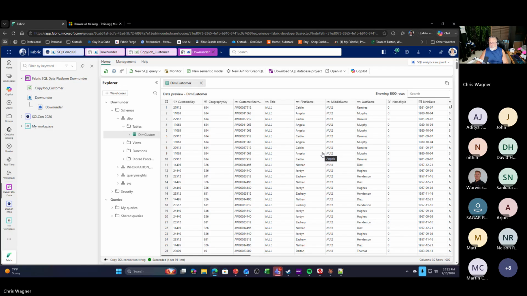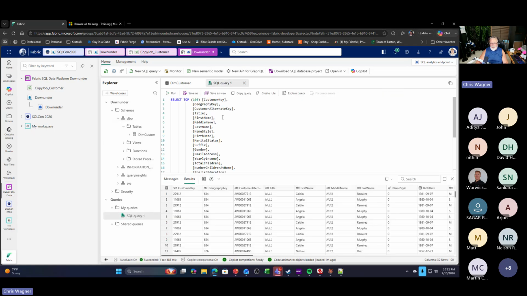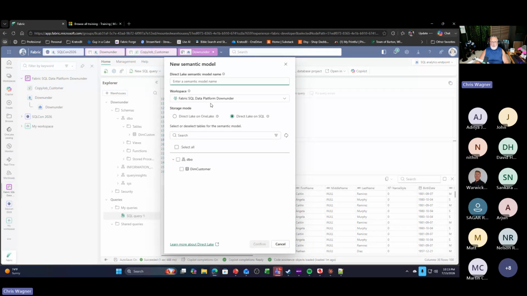Okay, all right. So I've shown you all sorts of different ways of querying. I've shown you how you can query in SQL. I also showed you the same thing exists when it comes to querying inside of the SQL endpoint. Exact same functionality. We could do the exact same things in here with queries and shared queries, all that good stuff. But I've got a great thing that I can do right here, and that's I can create a new semantic model, right? Boom, just like this, Downunder